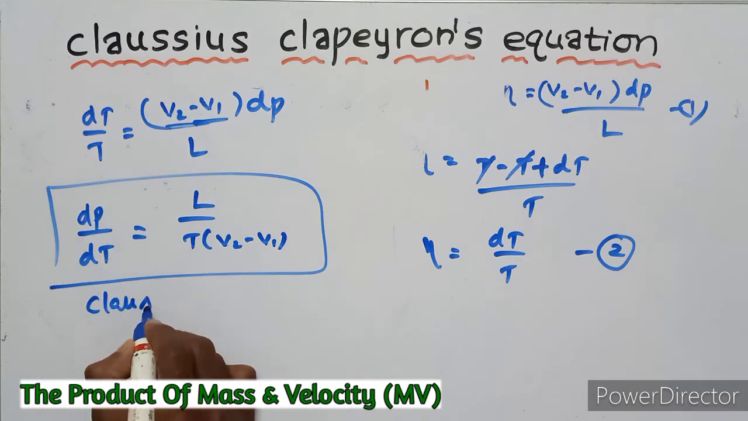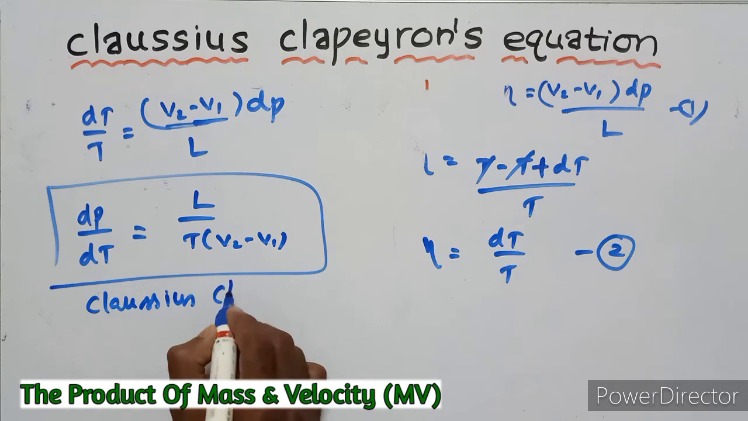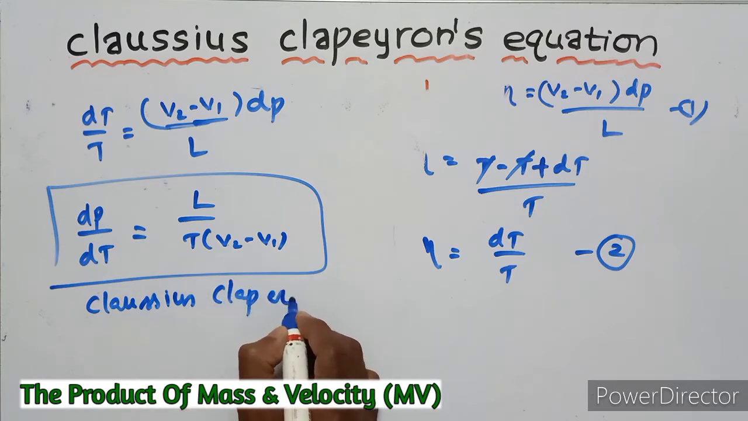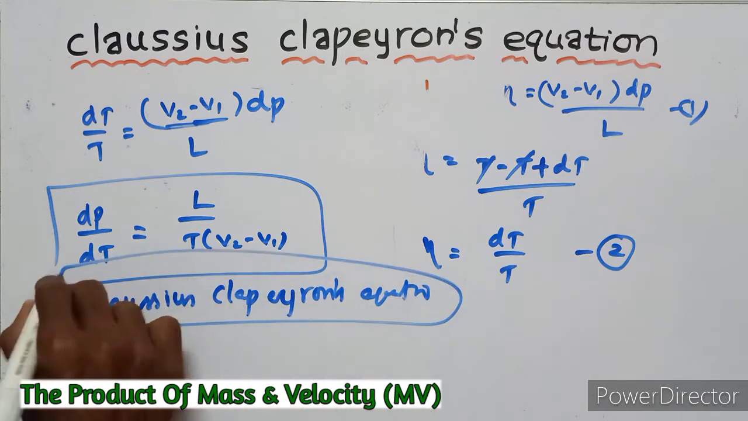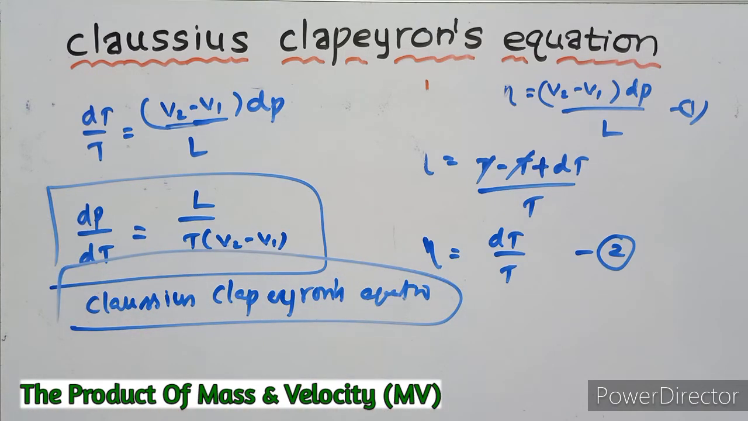So this is the Clausius Clapeyron's equation. But we can also derive the Clausius Clapeyron's equation from the thermodynamic equation. From the thermodynamic equation, this is the Clausius Clapeyron's equation. So first of all, we have to